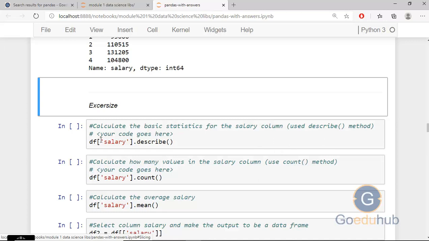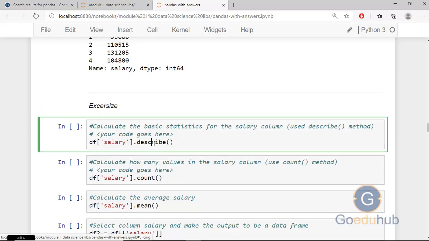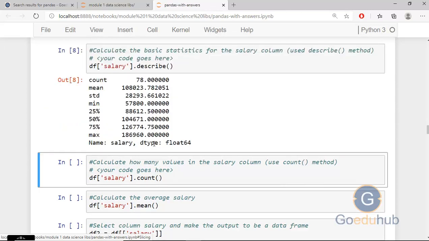So here first we select the particular column and then we apply the statistical function called describe. So df['salary'].describe, and I can run this block and you can see the output. These are the basic statistics like count, mean, standard deviation, minimum, 25%, 50%, 75% and maximum value.